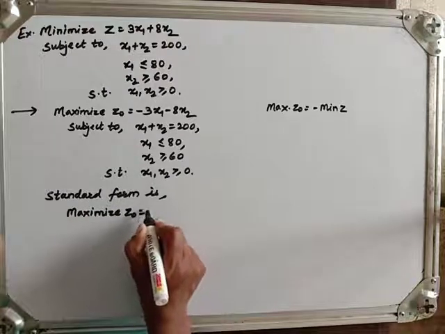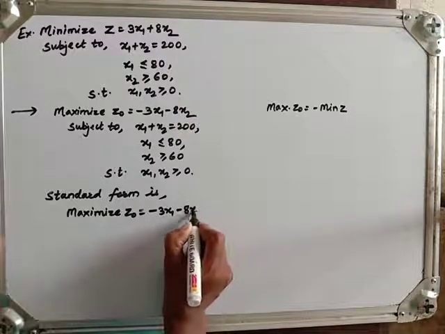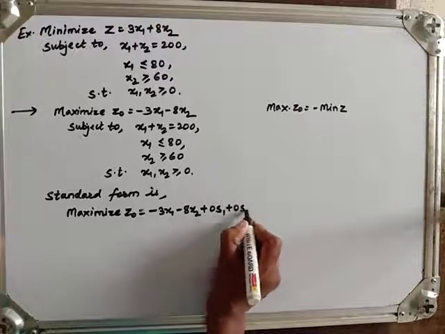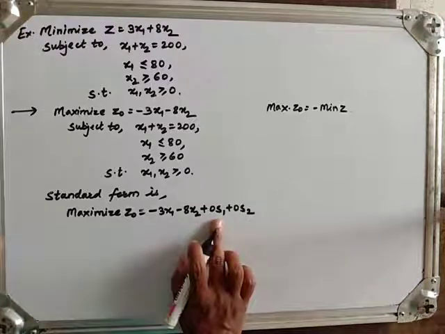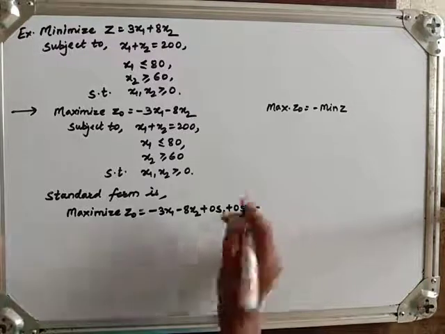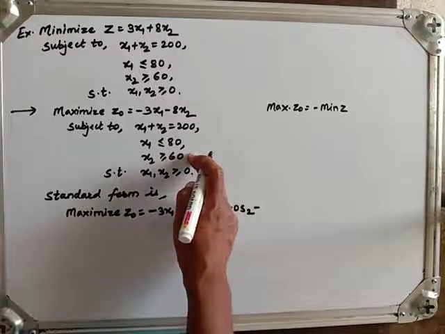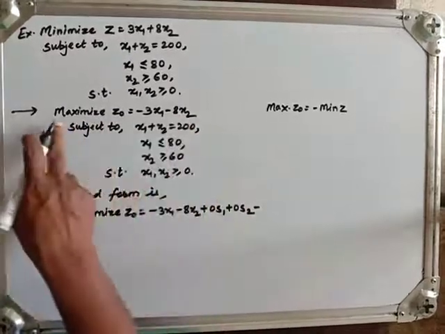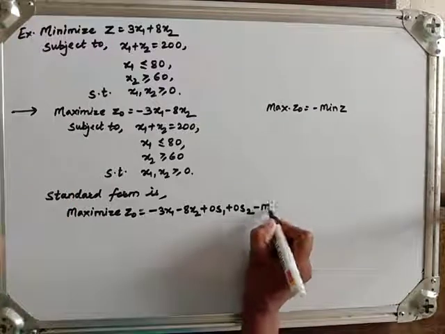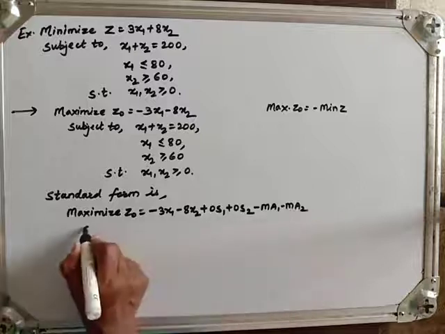So maximize z0 = -3x1 - 8x2 + 0s1 + 0s2. I am taking s1 as a slack variable, s2 as a surplus variable, and two artificial variables are required. One is for the equality constraint and the other for the greater-equal constraint. They have coefficient minus M as our objective function is of type maximize. So minus M a1 minus M a2 subject to